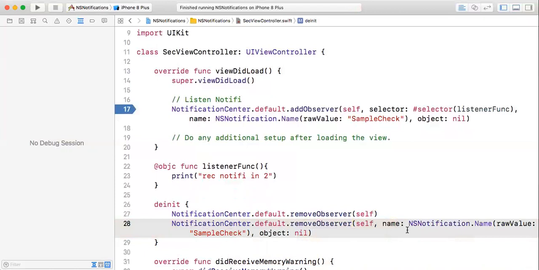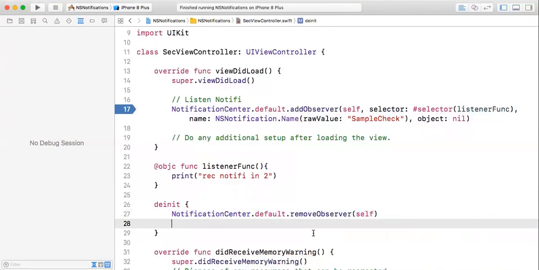This is how it will follow. But here I have one more note. When my class is going out of the memory, then only it will get called. But when my class is in the memory, it will keep on calling multiple times. So in real time we do one simple thing. That is removing the observer. Whatever I'm doing here,